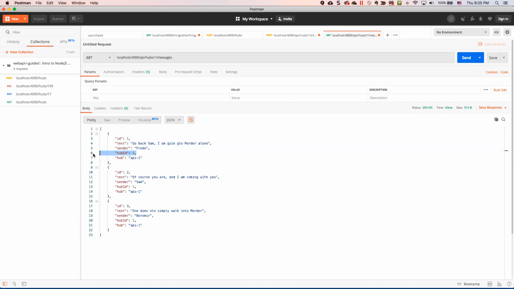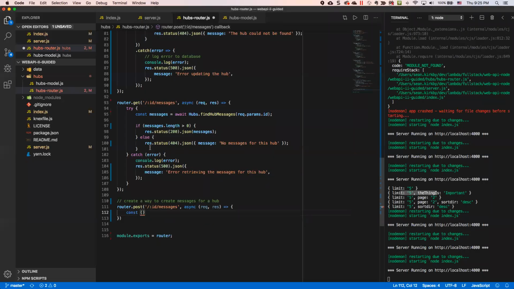The hub that it belongs to is going to be in the URL. Okay, so the message that we want to receive or retrieve is going to come from the request body. Okay,